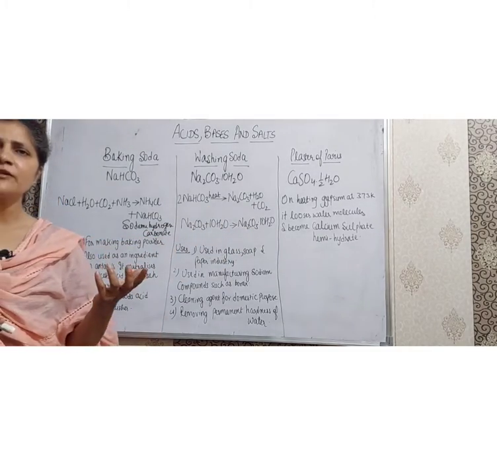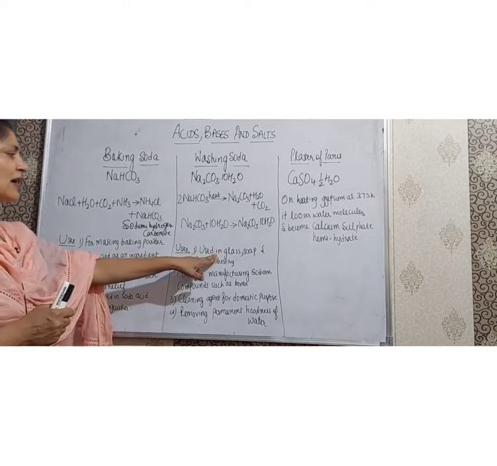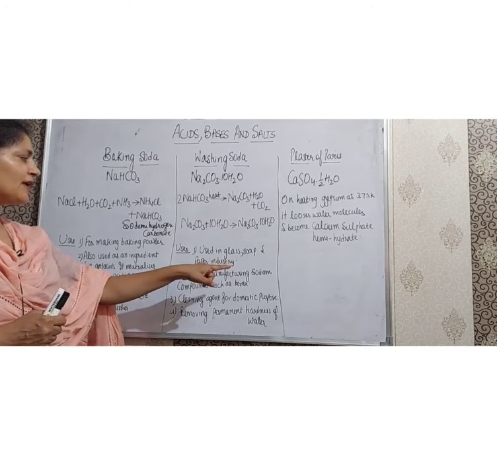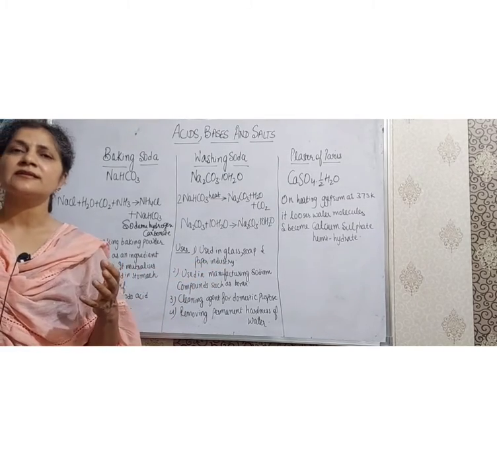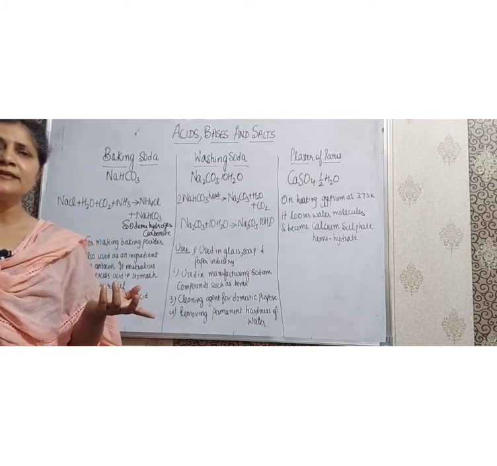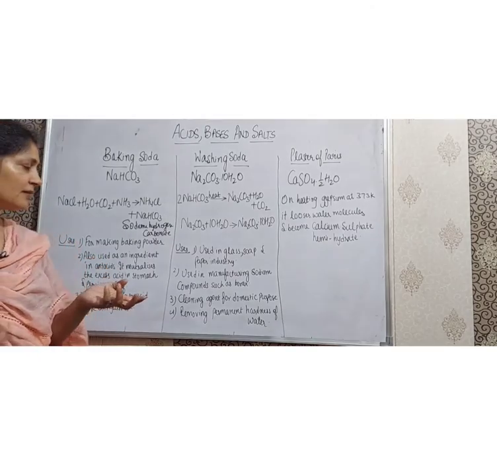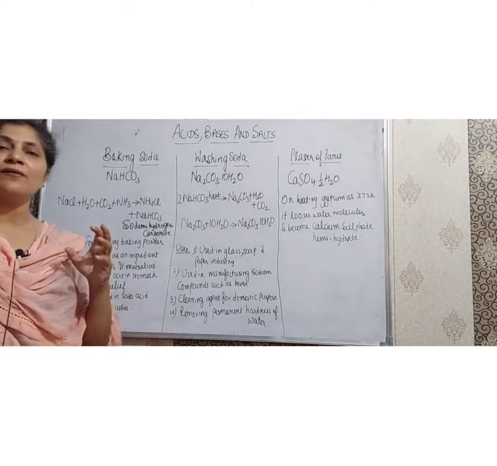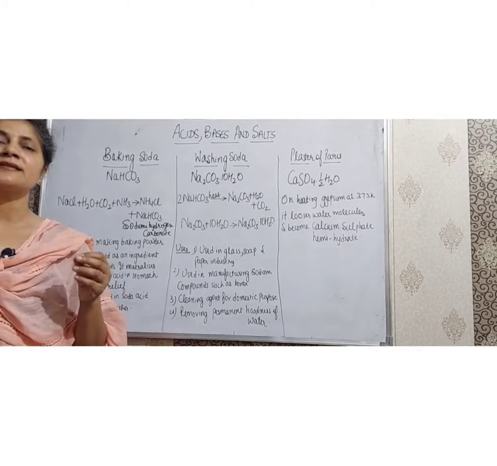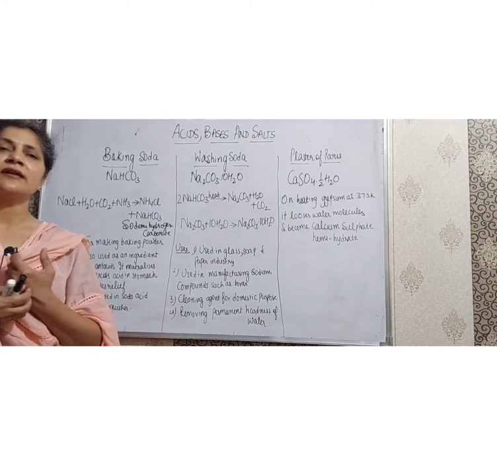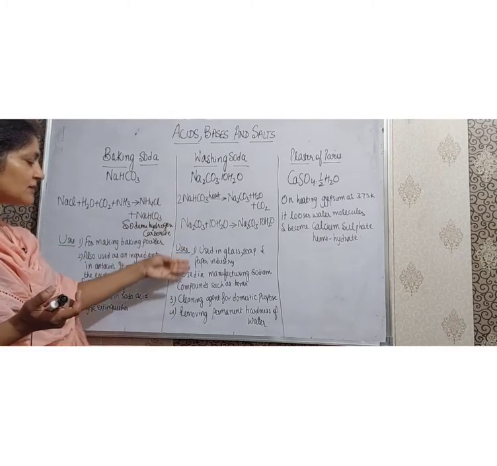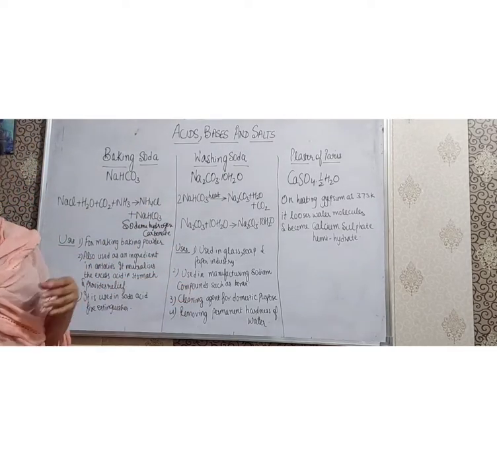What are the uses of washing soda? It is used in the glass, soap and paper industry. It is also used in the manufacturing of sodium compounds such as borax. It is also used as a cleaning agent for domestic purposes. Washing soda is always used for cleaning at home, and it is also used for removing the hardness of water. We have discussed earlier that soap does not lather with hard water, but washing soda helps to remove the permanent hardness of the water.